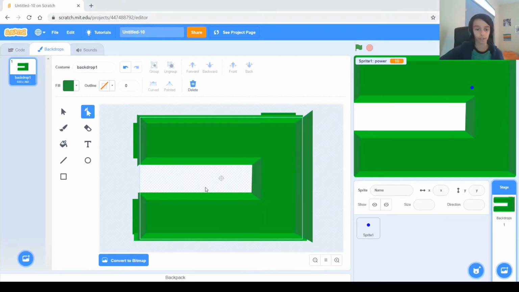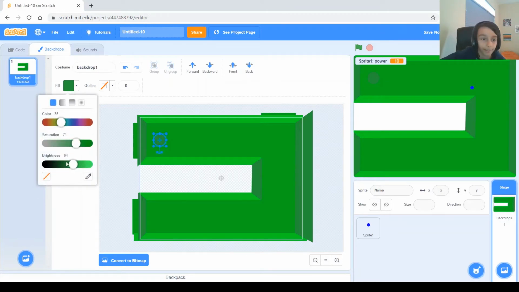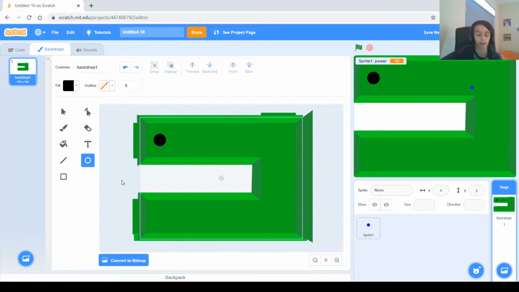So I'm done creating, and I created this cool golf course. So now I'm just going to add the hole. So I'm going to make a hole, oh whoops, and then hold down shift for a perfect circle. And I'm not going to make it green, I'm going to make it, I think, black. And then inside of that hole, we'll want to make a smaller hole because we don't want like this ball